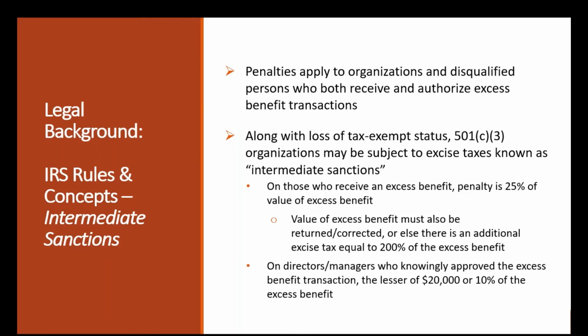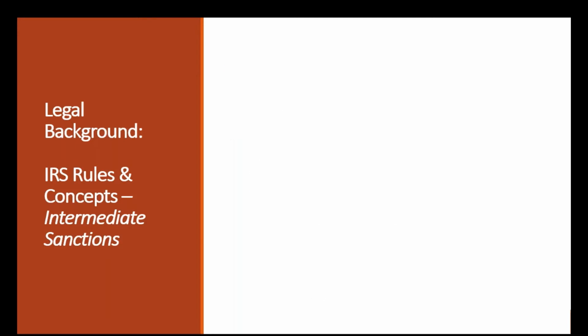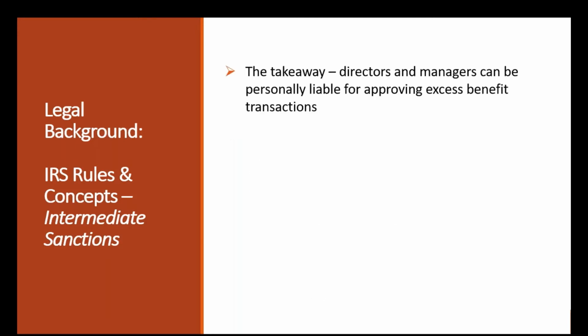Directors and managers who knowingly approved the excess benefit transaction also have to pay an excise tax equal to the lesser of $20,000 or 10% of the value of the excess benefit. So the takeaway here is that directors and managers, so y'all here on the webinar, can be personally liable